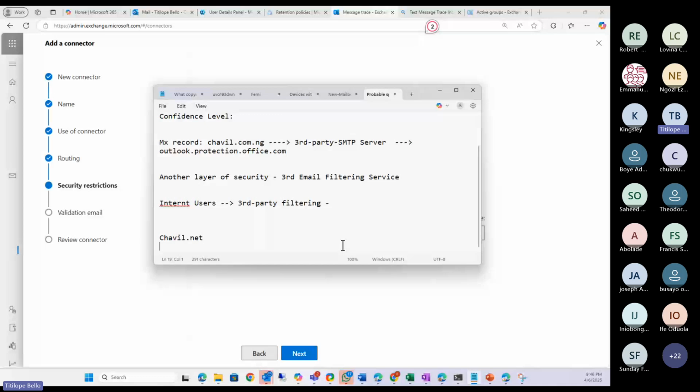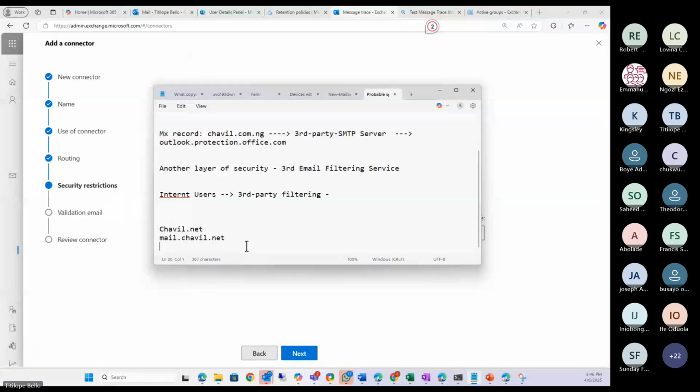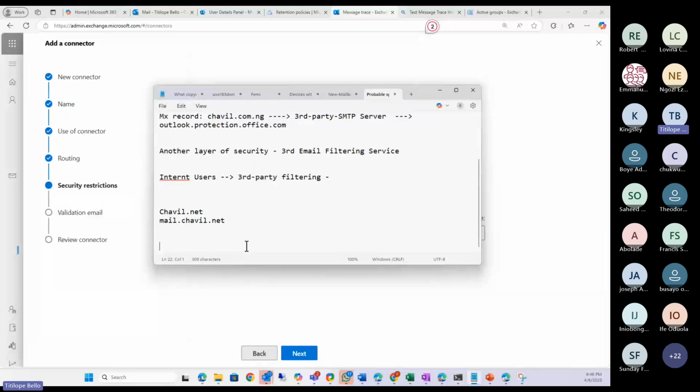Now, for us to buy a certificate for this domain, our certificate will contain the common name of Chavi, the common name for the certificate is equal to chavi.net. Other names, which are referred to as subject